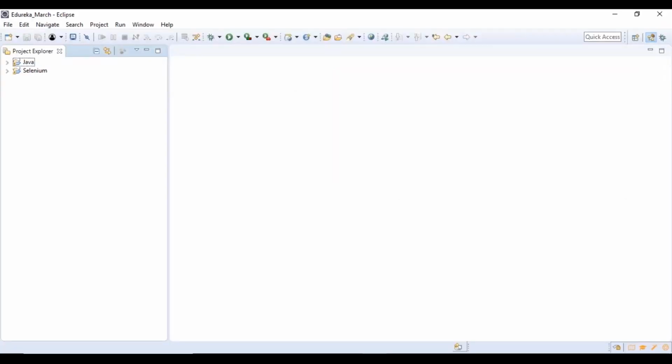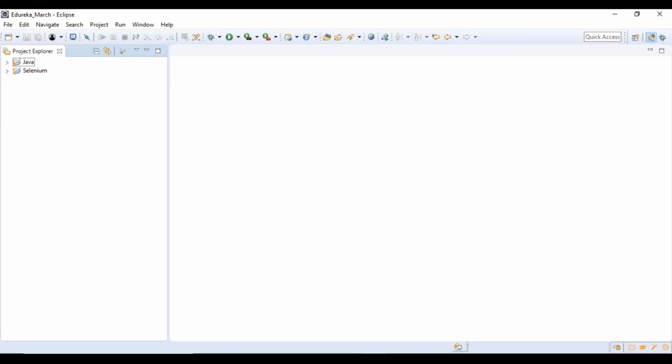We are going to create a project. We are going to configure all the necessary requirements like your jar files, your driver executables, and we are going to create the reusable blocks of code, which are nothing but your methods, that we are going to use every now and then in order to work with it.